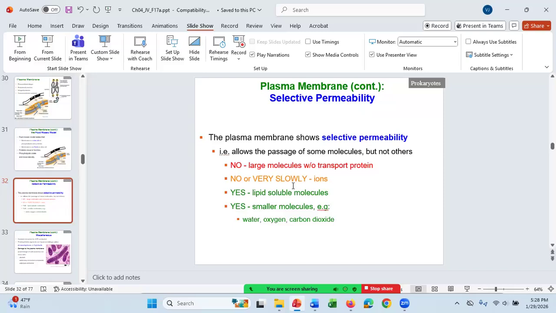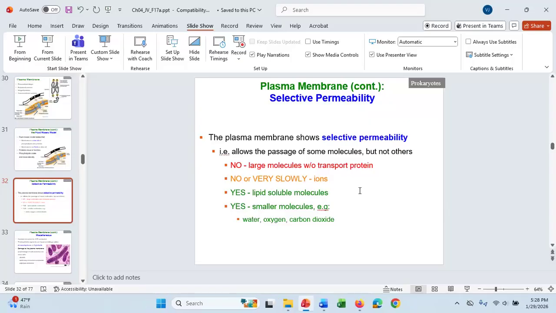Ions either do not move across the lipid bilayer of a cell membrane or they move very slowly. Lipid soluble molecules can move across the lipid bilayer. But think about it, a cell is most of the time in blood or environments similar to blood. There's not a lot of lipids in the blood, because the blood is mostly water, but there are some. You know that they test your blood for cholesterol level, and what is it?